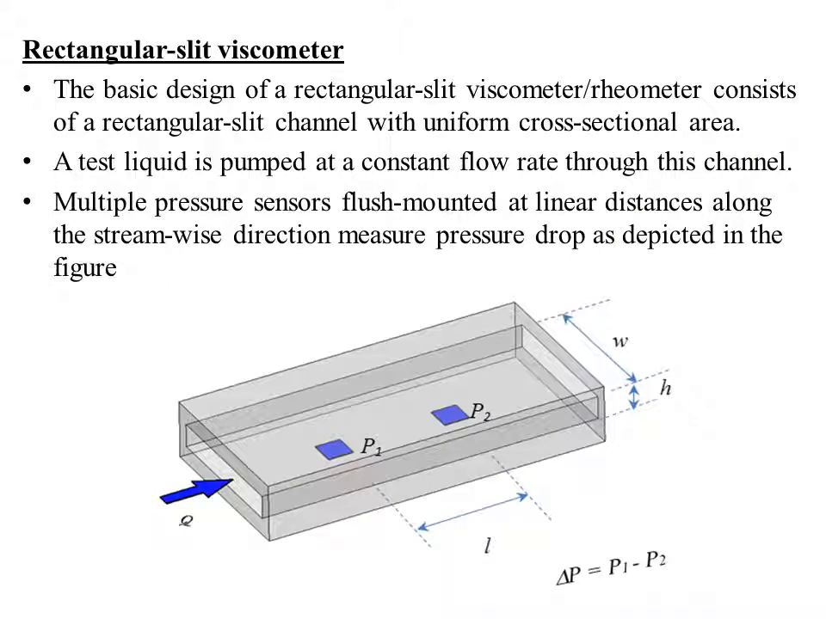Next is the rectangular slit viscometer. A basic design is shown here. You will be having a rectangular slit channel with a uniform cross-sectional area. The test liquid is pumped at a constant flow through this channel. Multiple pressure sensors will be mounted at linear distances along the streamwise direction. They measure the pressure drop when the liquid is moving from one point to another point. So the pressure difference will be noted using the